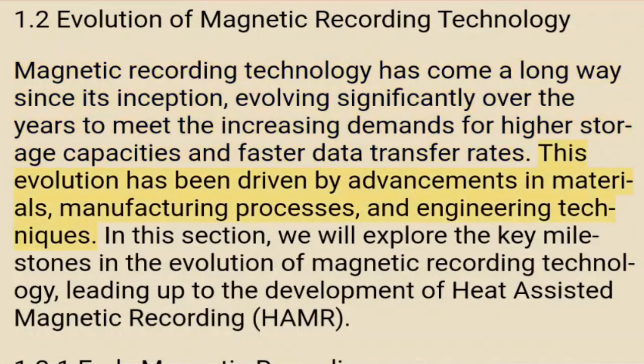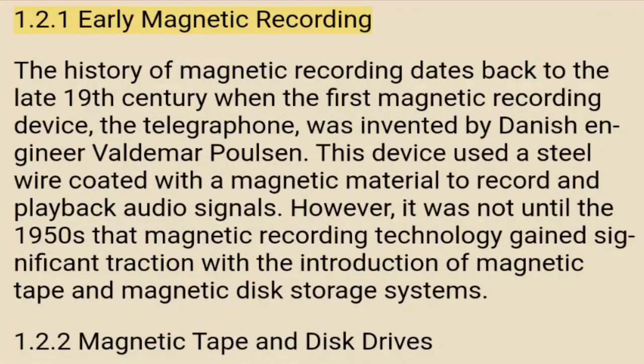This evolution has been driven by advancements in materials, manufacturing processes, and engineering techniques. In this section, we will explore the key milestones in the evolution of magnetic recording technology, leading up to the development of heat-assisted magnetic recording (HAMR). 1.2.1 Early magnetic recording. The history of magnetic recording dates back to the late 19th century when the first magnetic